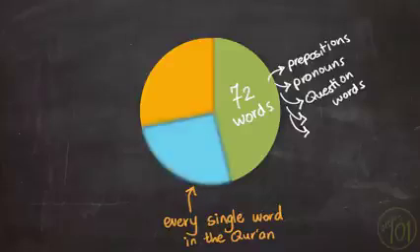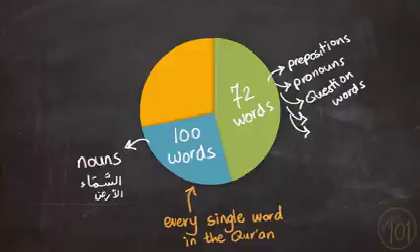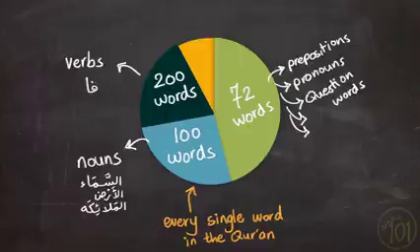And around 20% of the Qur'an is made up by only 100 words. And these 100 words include nouns like Assalaam, al-ard, al-malaika, and so on. And then the other 20% of the Holy Qur'an is made up by 200 words. And these words are the most common rooted verbs, like qala, fa'ala, sha'a. Learning these lists and knowing how to root them can easily put you on par with any average native speaker when it comes to understanding the Holy Qur'an.